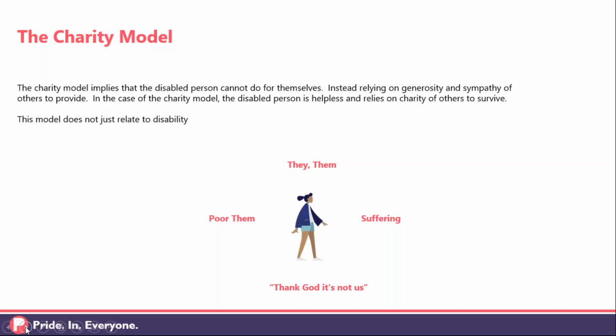So the charity model in terms of disability works on exactly the same premise, that actually in order for disabled people to survive, there has to be other people, other really generous, sympathetic people who want to give up their time to help us helpless disabled people. Now, I know I sound very cynical, and I'm deliberately sounding very cynical to get the idea of the charity model across. Sometimes the charity model is very helpful, but what it does is it